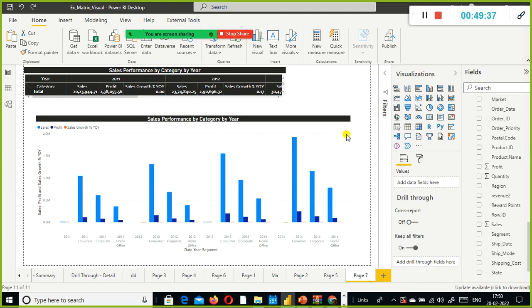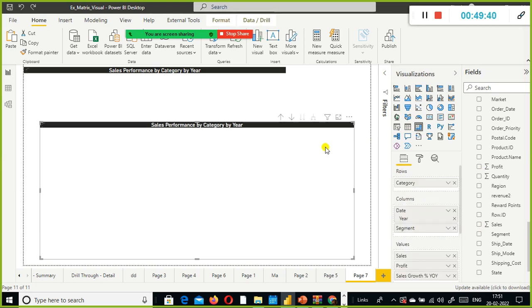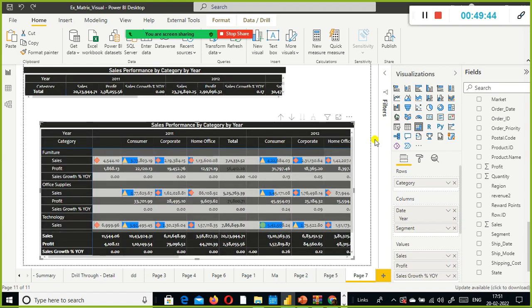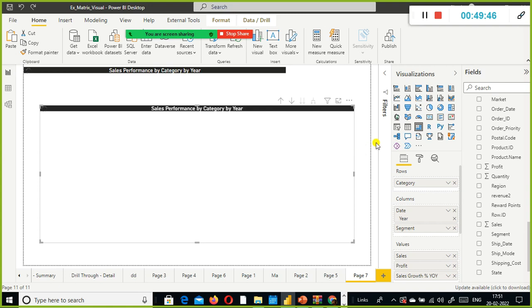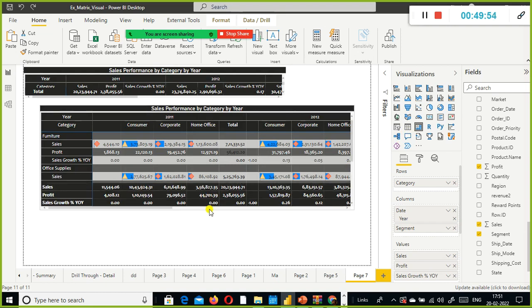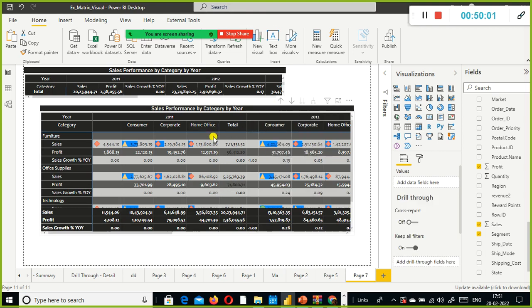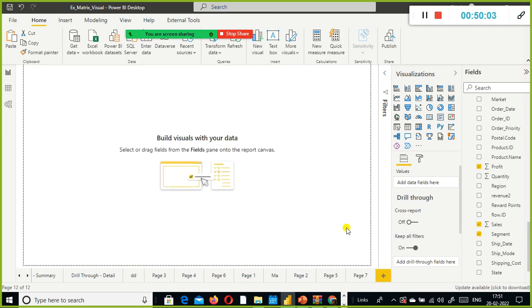I think only one time it is possible. Yes, Control Z is working. Anyway, I shouldn't have pressed it. What I do is I just simply take this one, copy this one, and I just paste it here.